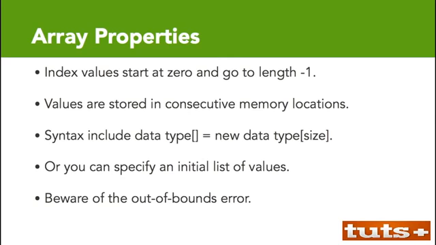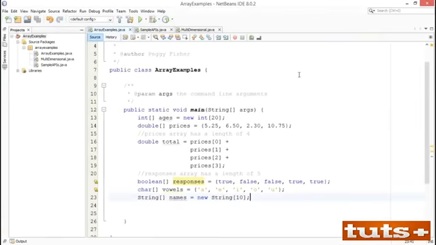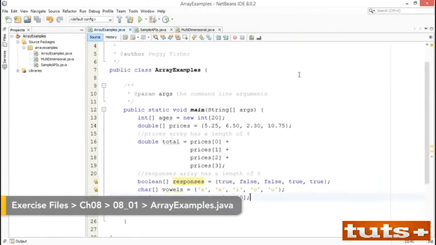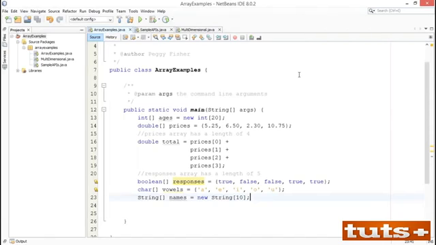Let's take a look at some examples. I have a class called Array Examples, and inside my class I just created a few sample arrays just to review. The first one on line 13 is an integer array. I start by declaring the data type int, and then I have an open square bracket and a closed square bracket. The name of my array, in this case I just called it ages, is equal to a new int